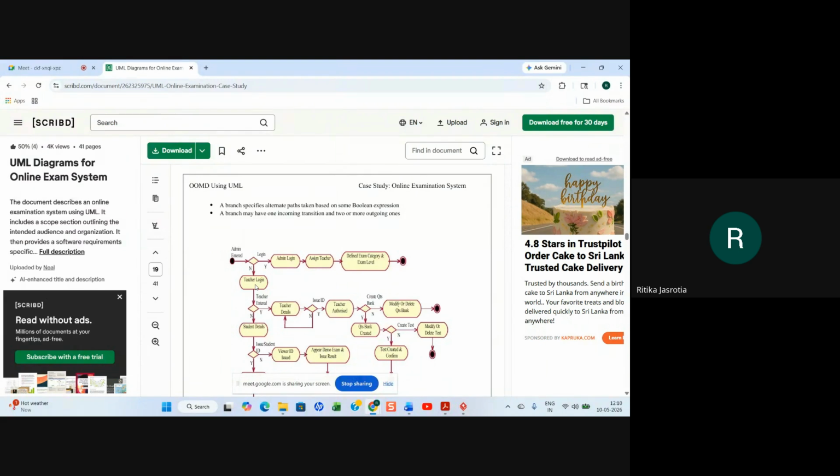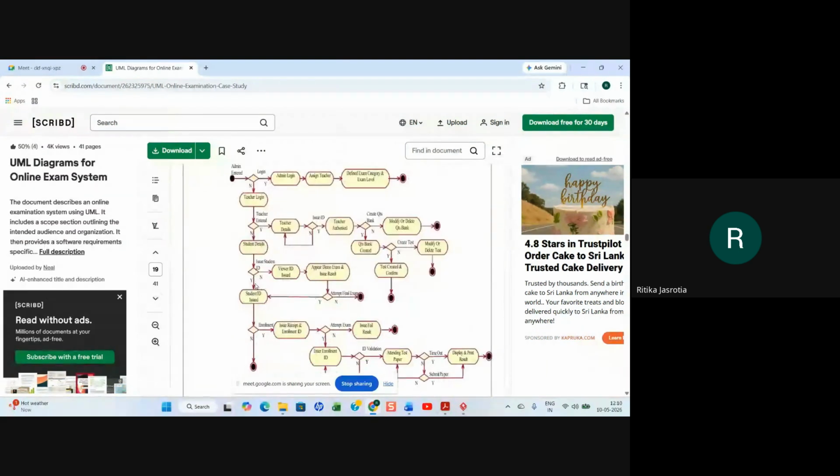And teacher login. If admin entered, okay, teacher login, teacher entered. If no, teacher details, issue ID, teacher authorized, create